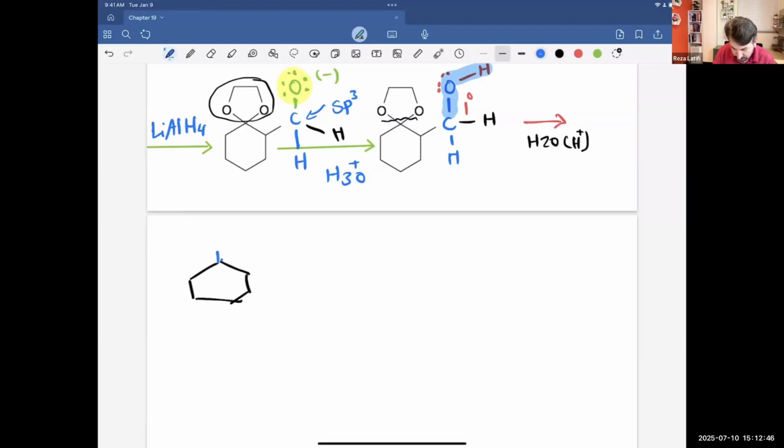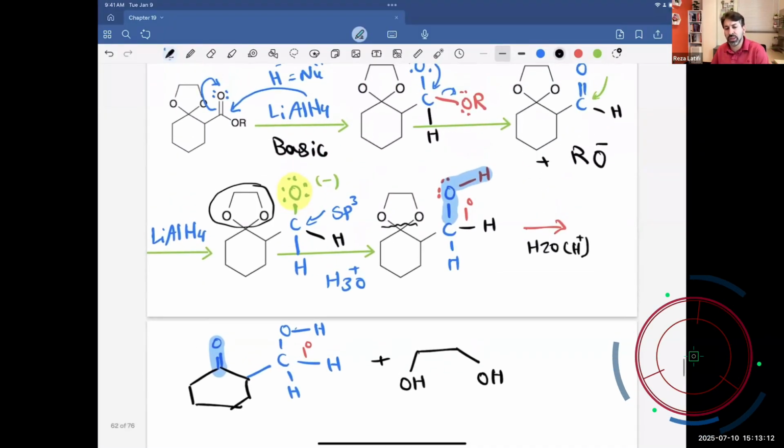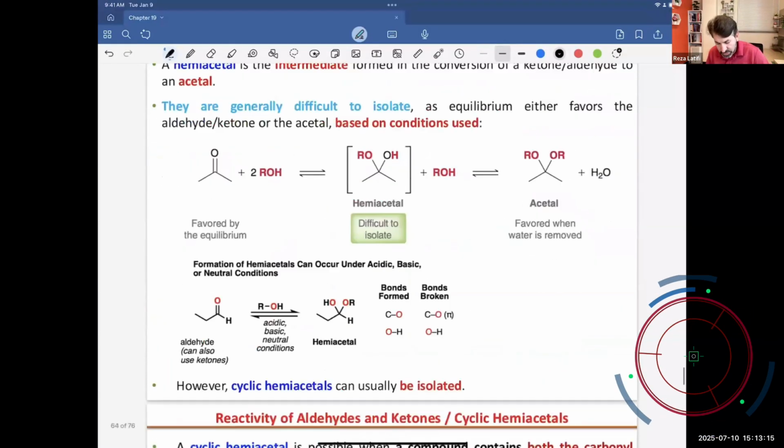I'm not going to write all the steps of how to release it. And here we also have an OH. So that's going to be a primary alcohol, and I managed to release this group. The diol will also be recovered. And this is going to be the end of the chemical reaction. Okay, so we know